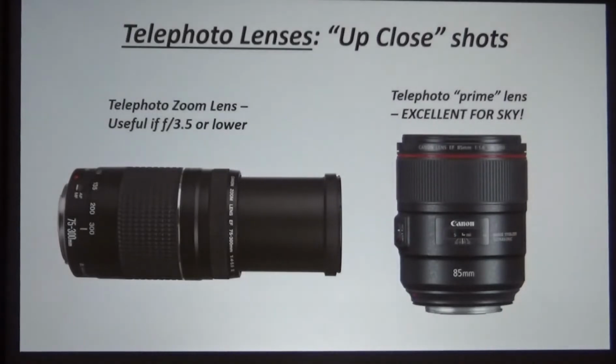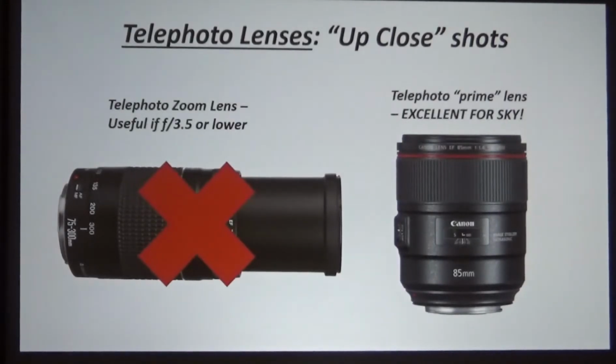And then of course when we go to telephoto lenses, this is when we're starting to get into the regime of tracking. A lens like this is really nice for shooting skyscapes. This f1.4 85 millimeter would be fantastic. Very expensive lens, but again, you're going to have to start tracking because you're going to have too short of an exposure. I wouldn't recommend using these types of telephoto lenses, like the 75 to 300 and 55 to 200 or whatever it might be,